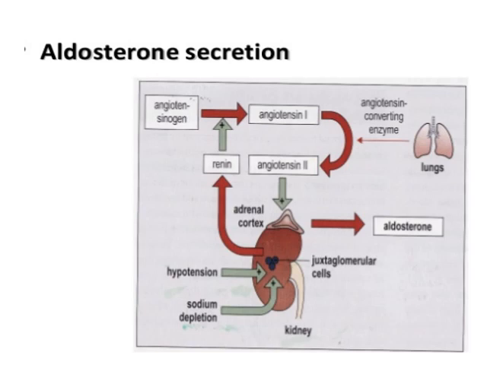Angiotensin 1 is formed, and angiotensin converting enzyme is present in the lungs. It converts this angiotensin 1 into angiotensin 2, and this angiotensin 2 in turn acts on the adrenal cortex and releases the hormone aldosterone, which in turn regulates the sodium and electrolyte metabolism and also the water balance in the body.